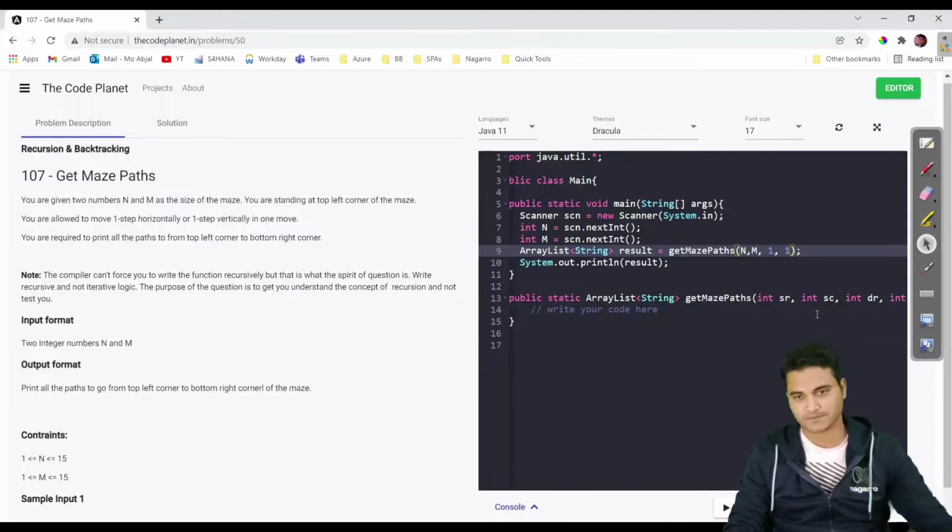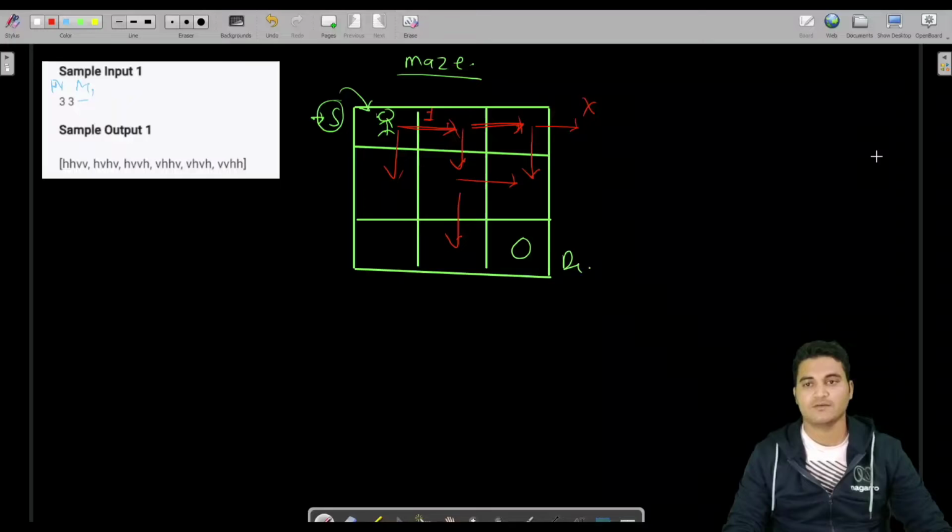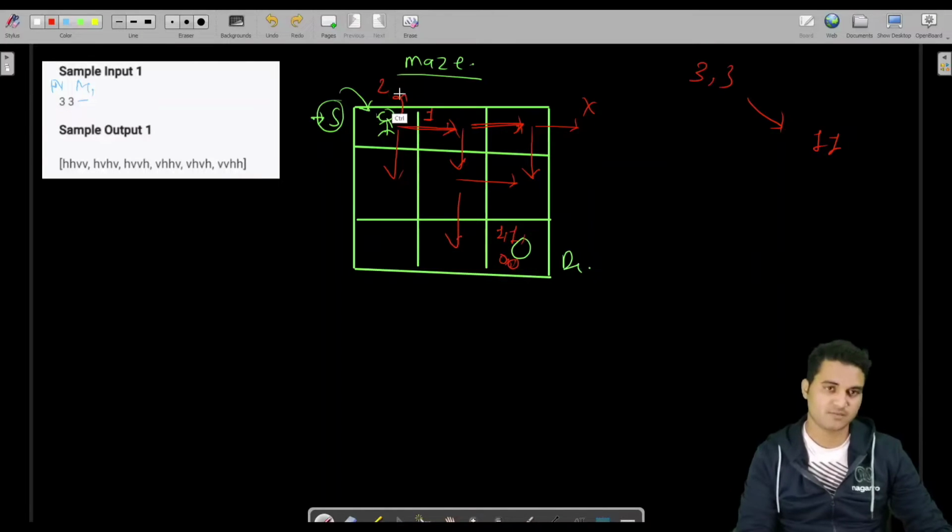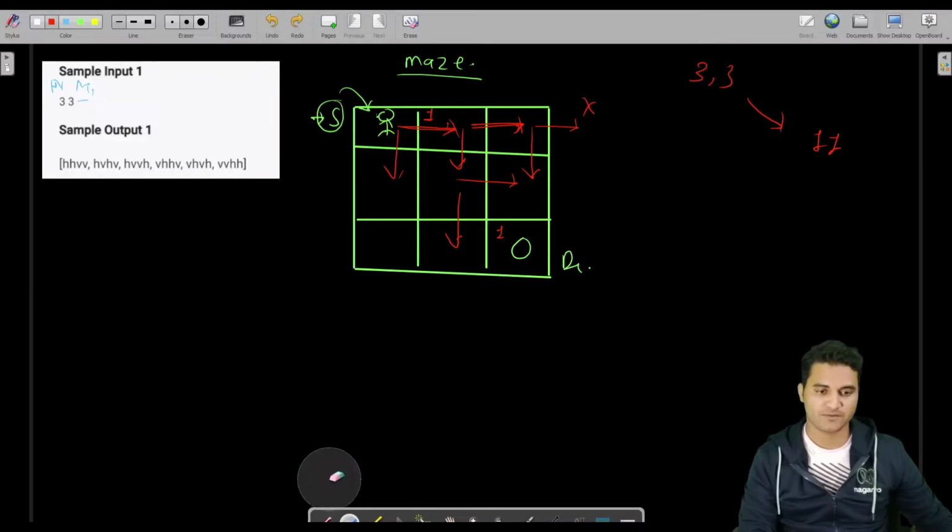Like this is 3 comma 3, and you have to reach 1 comma 1. This is actually not 0, this is 1 comma 1. If you want to call this 0, 0, you can also do so, but you will have to call this box 2, 2 if you are reading index-wise, but it is perfectly fine if we call this 1, 1.